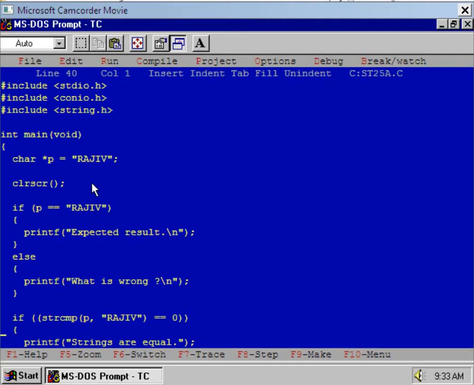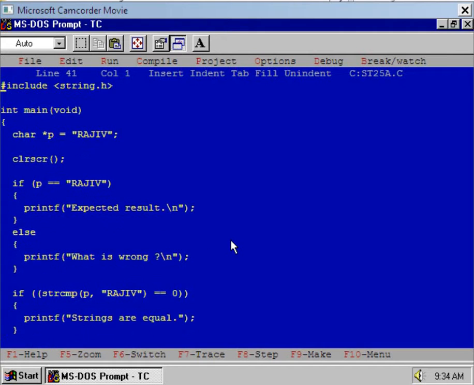Is it clear? So this means that a duplicate string will be stored only at one place in the primary memory. And that is why the statement P is equal to Rajiv is true, and hence the if part of the if-else statement will be executed, and the expected result, this message, will be displayed at the DOS prompt.